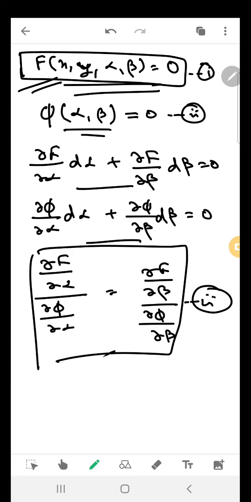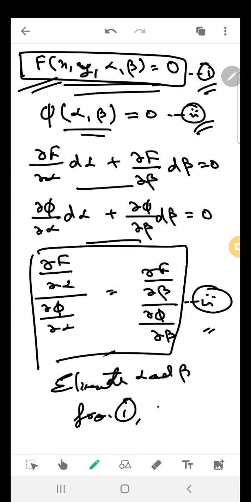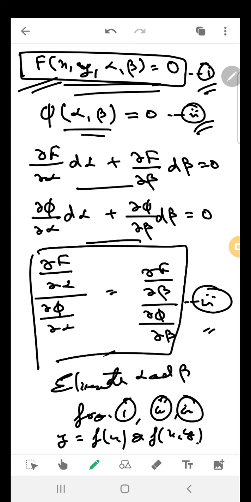This much, I guess, is pretty clear in mind. Okay, so now we have already got three equations. Now you need to eliminate alpha and beta from 1, 2 and 3, and the resulting equation will again be of the form f(x, y) as you were getting till now, and that particular relation will be your equation of the envelope if f_x squared plus f_y squared is not equal to 0. Clear?